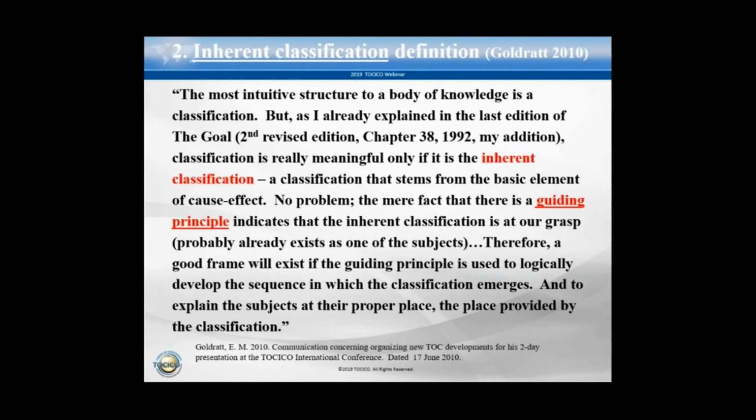Goldratt defined inherent classification in 2010, and this was from a correspondence. Goldratt wrote an email to, I assume, various TOC experts, or what he thought were experts, since I was in that group, about what he wanted to talk about in 2010 at the conference. And in the email, he wrote this. He said, the most intuitive structure to a body of knowledge is classification. But as I already explained in the last edition of The Goal, and that's the reference there, and it's my edition,